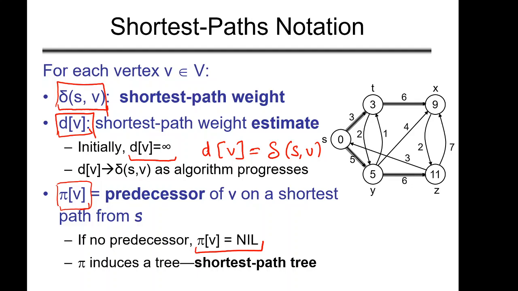And this induces a tree. Whenever we follow the predecessors, this is a tree, and what is this? It is a shortest path tree. Basically this is a path: you can go to V1, V2, and at some point in time you will reach V. It does not have any cycle, as we have already seen. So an acyclic graph is actually a tree, and we can call it a shortest path tree, right?